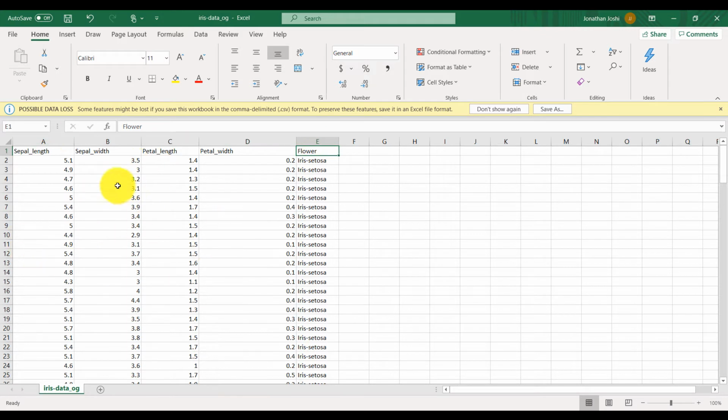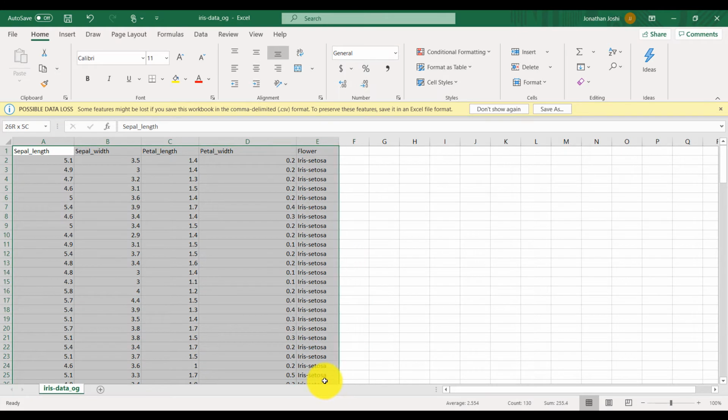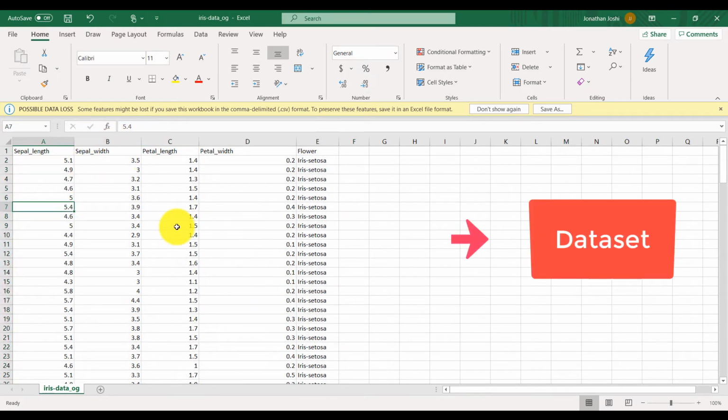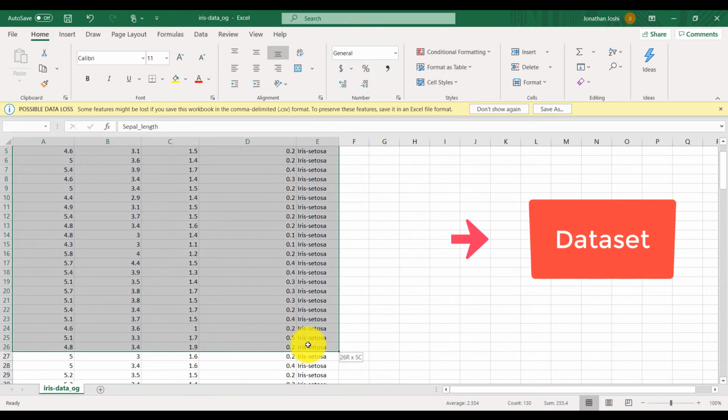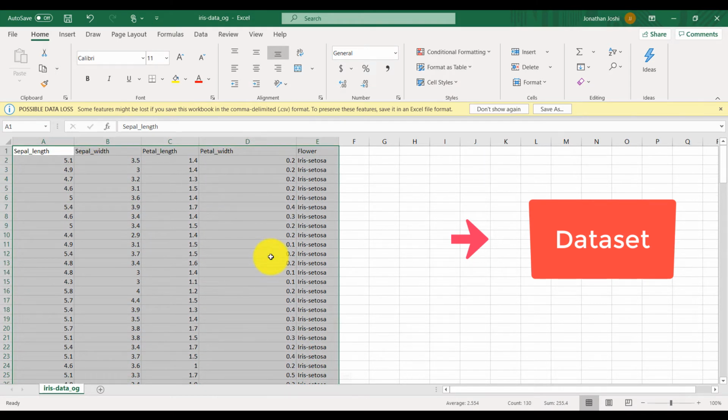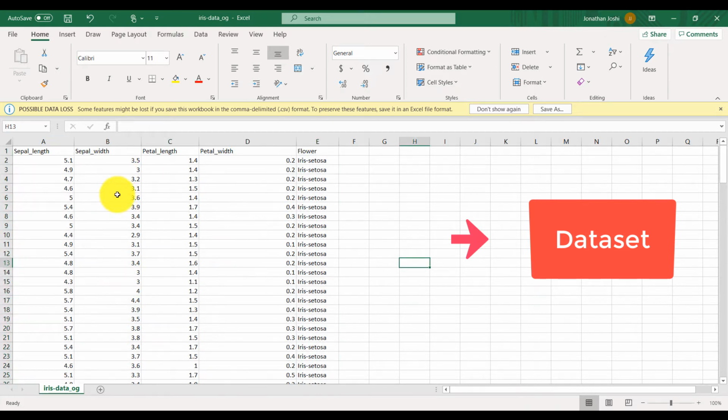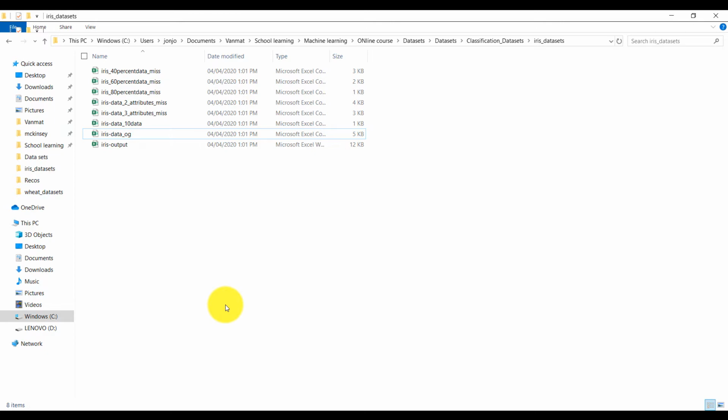Now this data has been collected from real flowers and their classification has been done. So we will be using this data set. I'm using the term data set because this is a set of data. So using this data set, we will be training our machine. So let us get started.